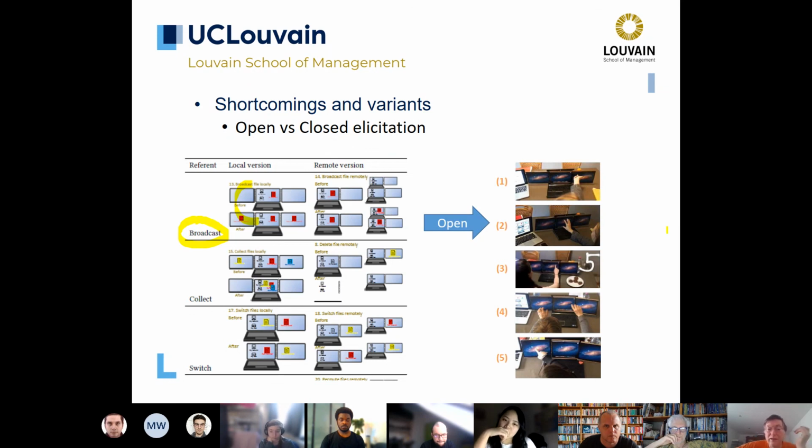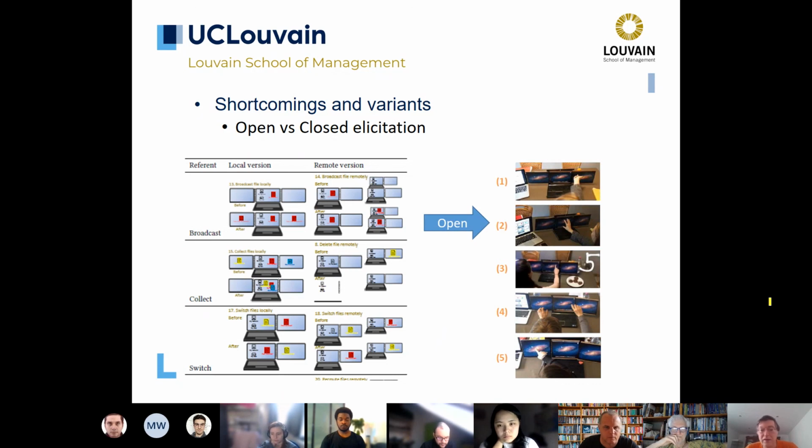But in this case, while it is open, which is an advantage, because people can do whatever they want, the drawback is that instead of having maybe 5 gestures, we can come up with hundreds of different gestures, and then it's just unmanageable. So instead of doing so, we can do the other way around, which is a little bit what we have been